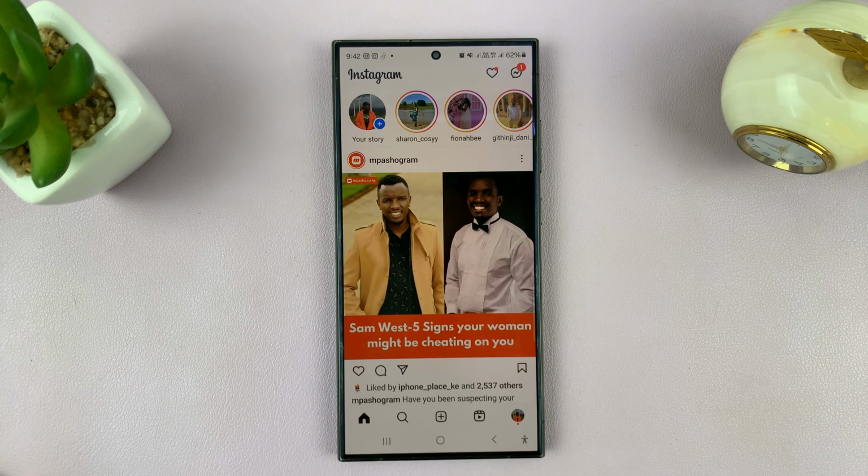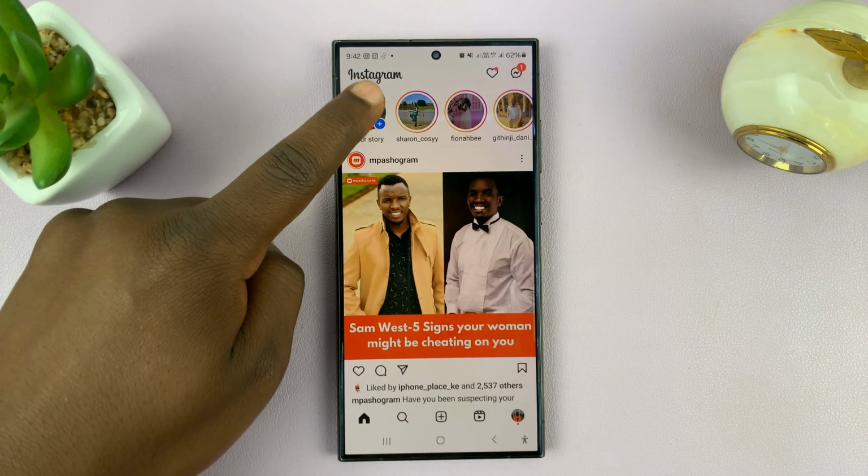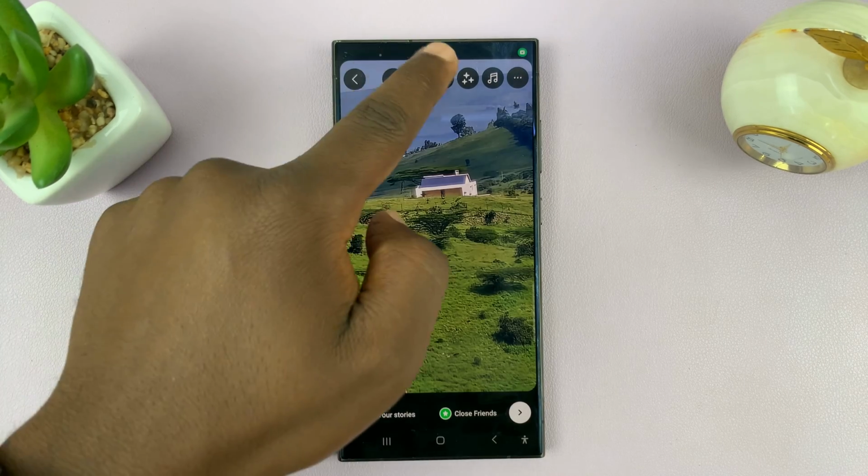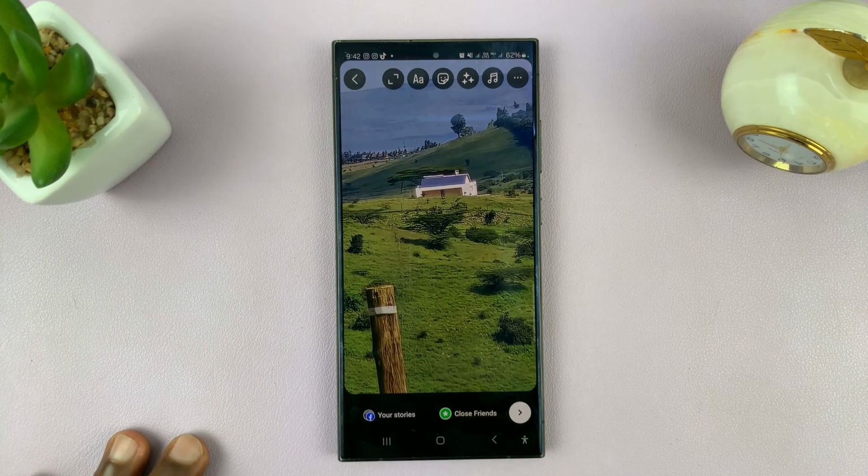So I'll be showing you how you can share Instagram stories with specific people. So let's assume you're posting a story. So I'll come here and then choose that, maybe even add some music or whatever it is I want to add. When it comes to sharing, instead of tapping on Instagram and probably even Facebook, you want to tap on